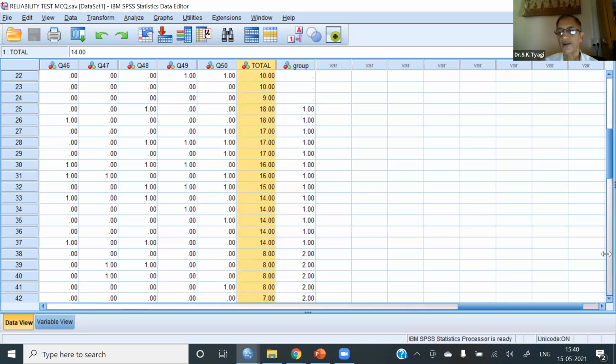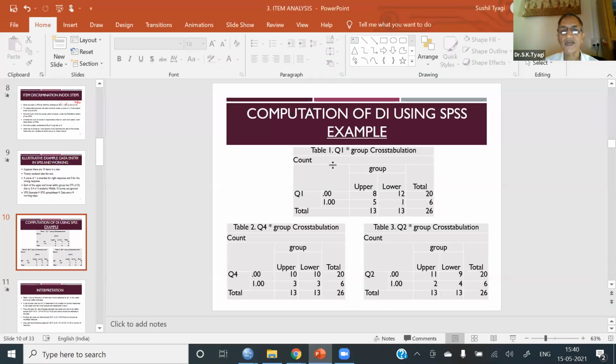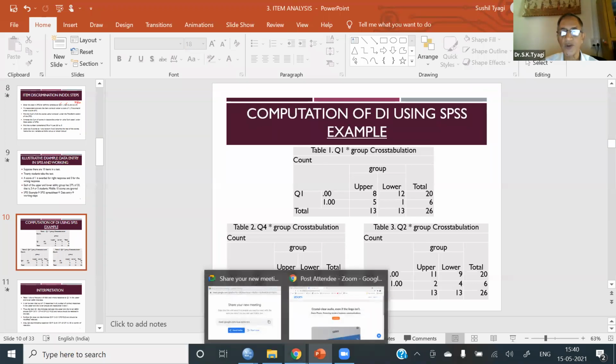So how to calculate? I have calculated for 3 to illustrate: question number 1, question number 4, and question number 2. Because in one we get positive, in another negative, in the third 0. Now let us see how this was calculated.